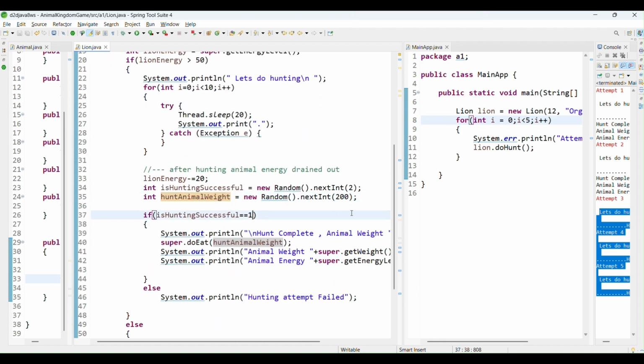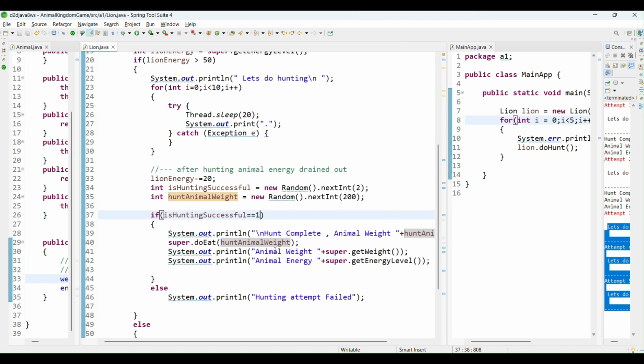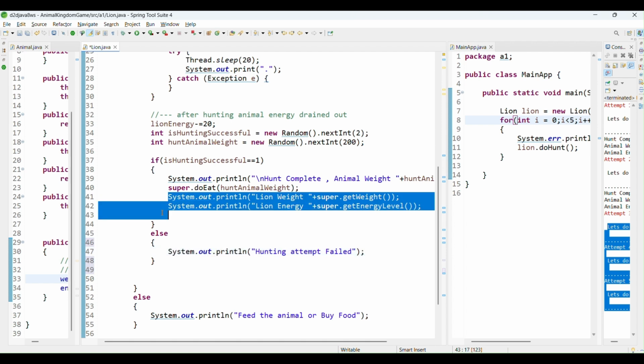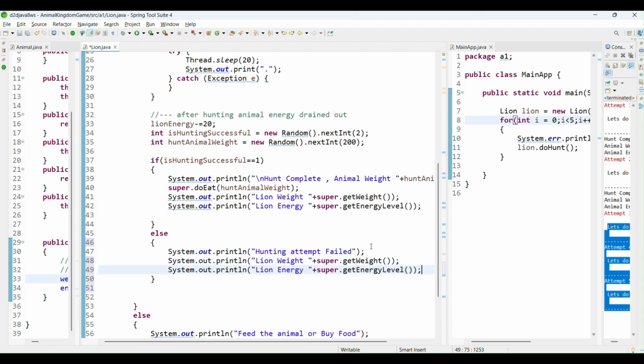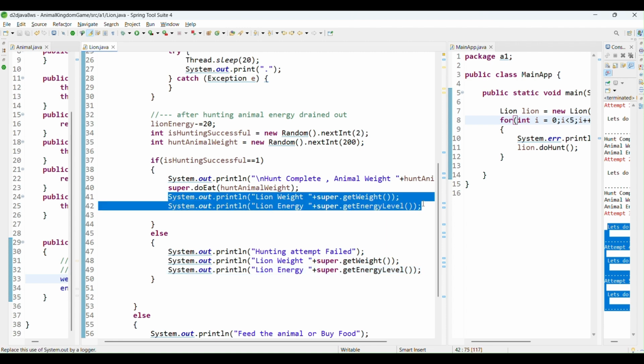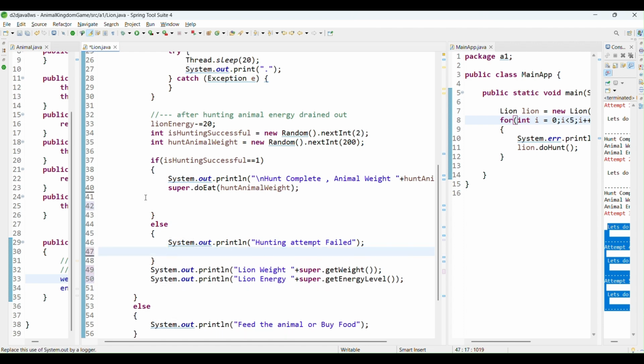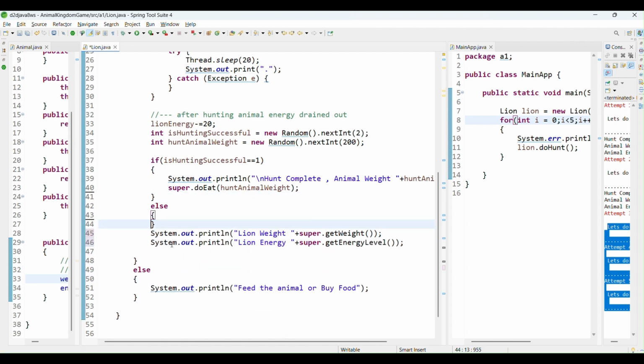So if it is successful, then I'm printing a whole lot of this. So this weight is basically the lion weight, not the animal weight, and that is basically the lion energy, not anything else. And otherwise, I actually have to mention the whole lot of this case as well. So this is the case, control C, control V, I have to mention this point right here as well. Or it is better to just use it outside, so there is no requirement of writing it within if else, because that is a common statement. Okay,